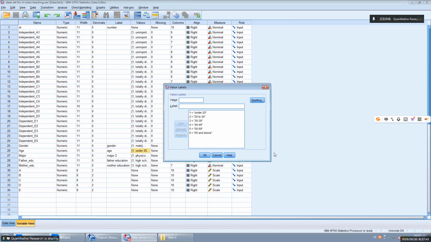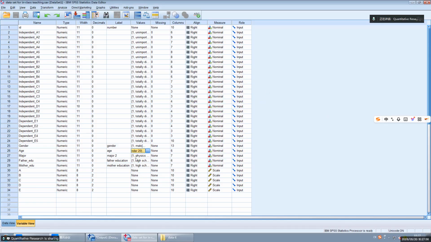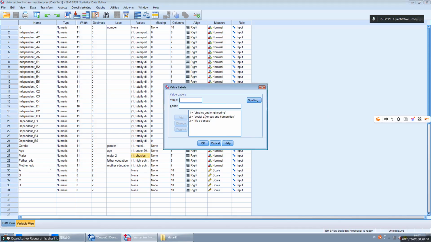So 6 higher than 5, right? Yeah, 5 higher than 4. Which is nominal? Major, right? We have 3 groups. These 3 groups do not represent different levels. Yeah. So this is also a nominal scale.